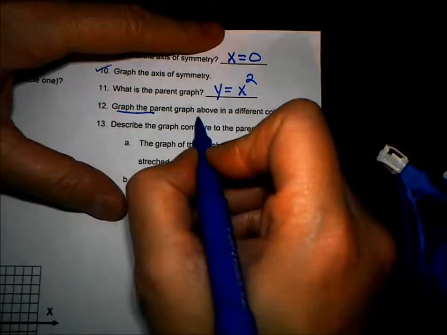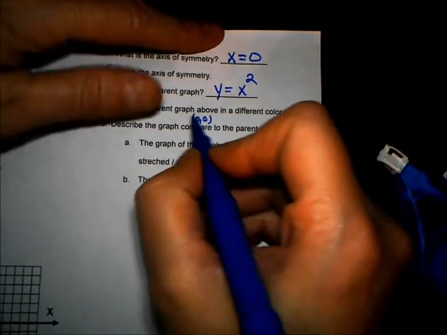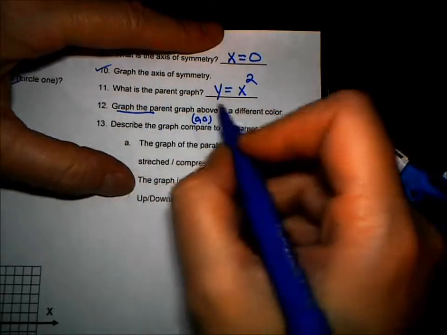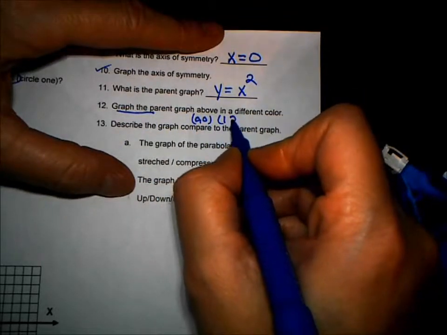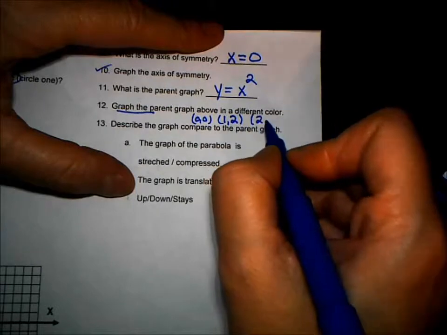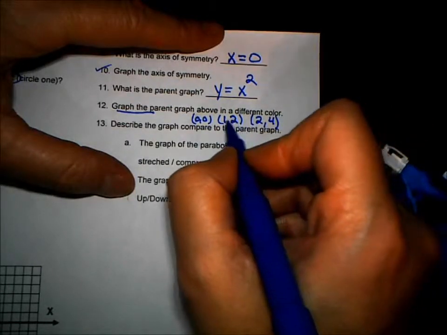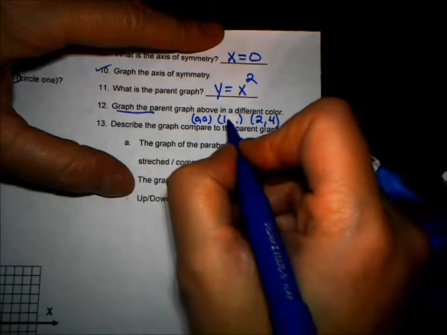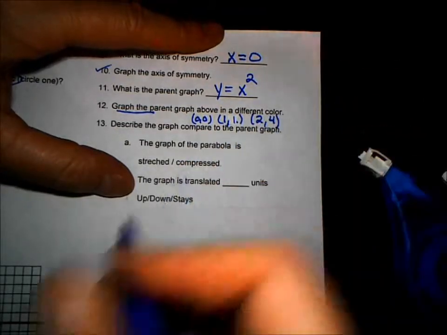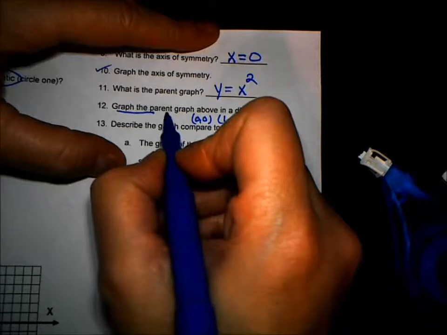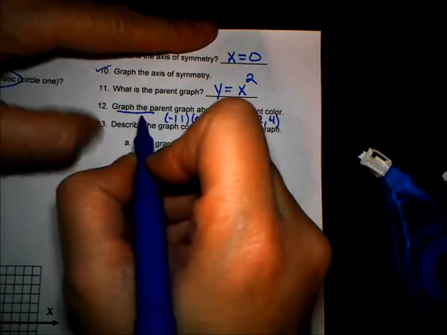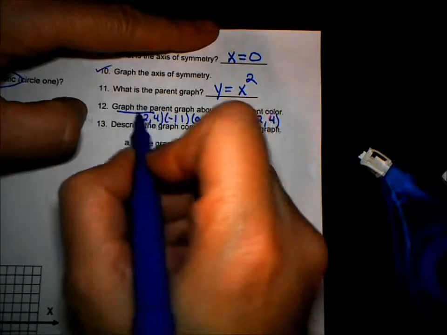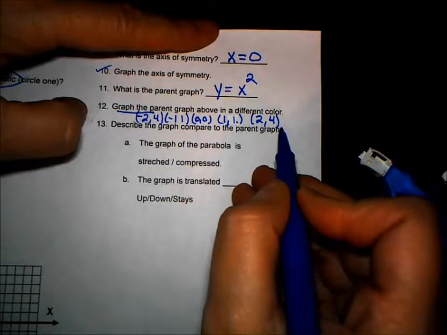We're going to start out at 0, 0. But we've got to go to the left and to the right. So I'm going to use 1 and 2, and then 2 and 4. Oh, I'm sorry, not 1 and 2. That'd be 1, 1, and 2, 4. And then likewise in the opposite direction, that'd be negative 1, 1, and then negative 2, 4. Those are the coordinates that you're going to use for this